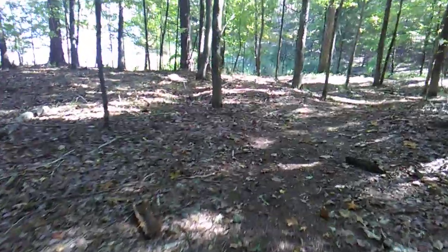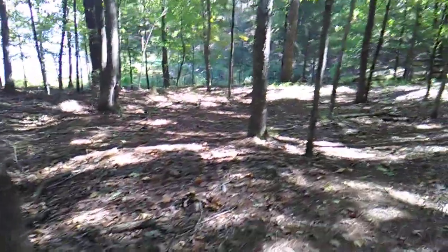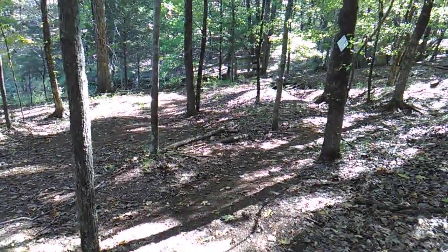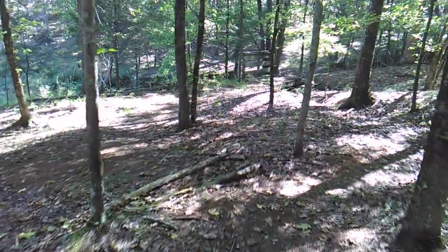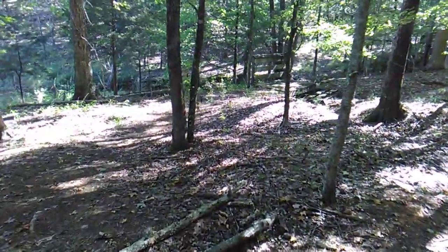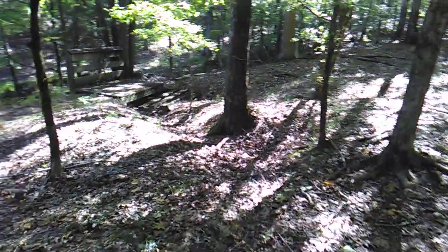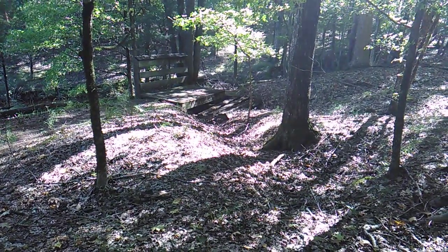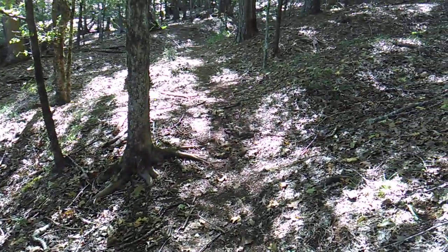Maybe we get another little lake view up here. Let's see, we got another bridge coming up here. Well, actually this is a reroute. So if you look down here, hope you can see it on the camera, but straight ahead down here is an old bridge. So there's the old bridge, and as you can see, the railing is falling down, so that's somewhat dilapidated. And then if you look over here to where we're at,